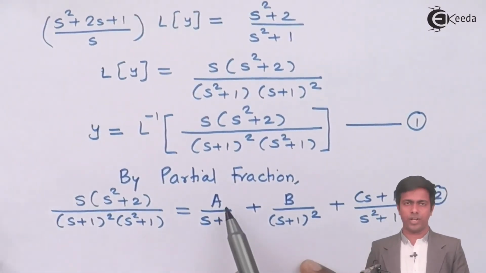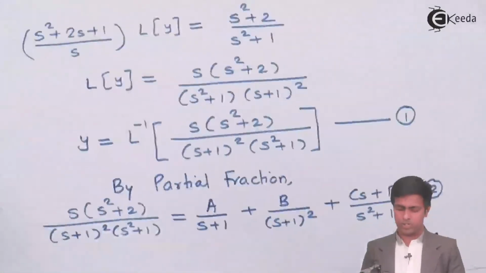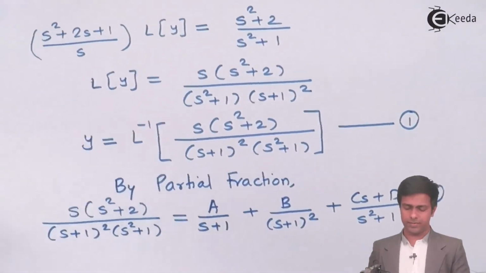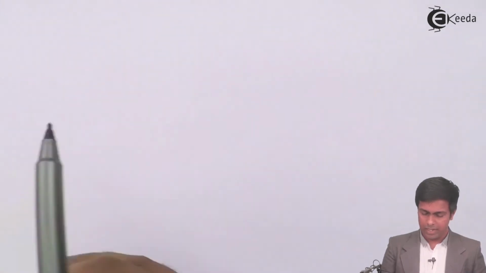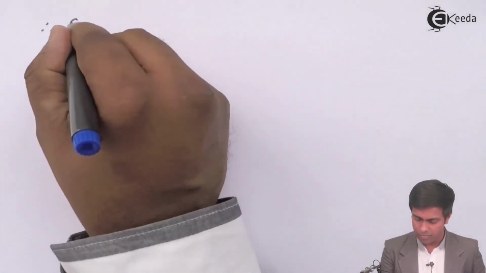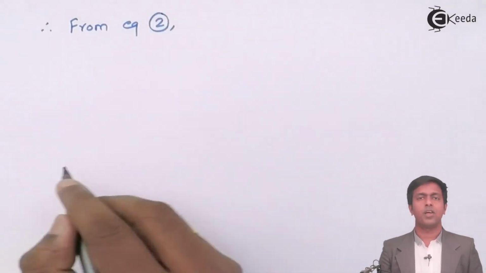So I'll put A over here. The value of A is 1, so this will be 1 upon S plus 1. So I'll say, therefore, from equation number 2 we'll get